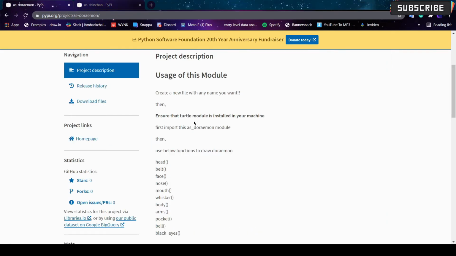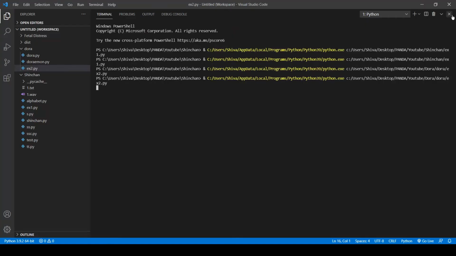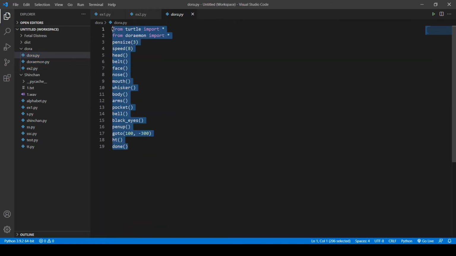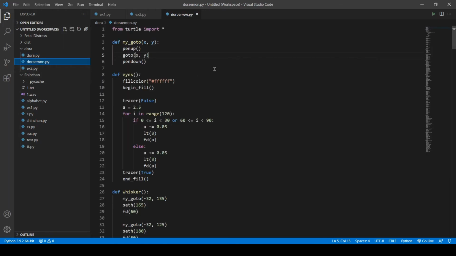Next, let's see the difference between the previous videos and this video. First of all, in previous videos we took two files, dora.py and doraemon.py. We wrote the dora.py file on our own and I gave the doraemon.py file as a module to you.